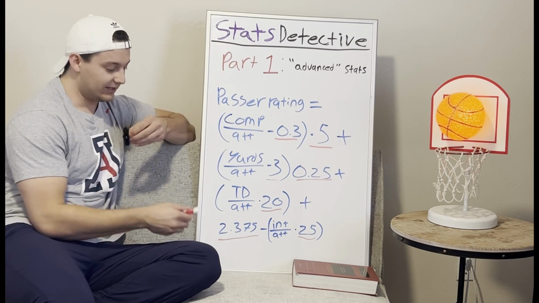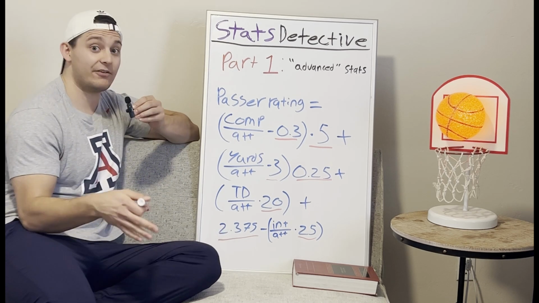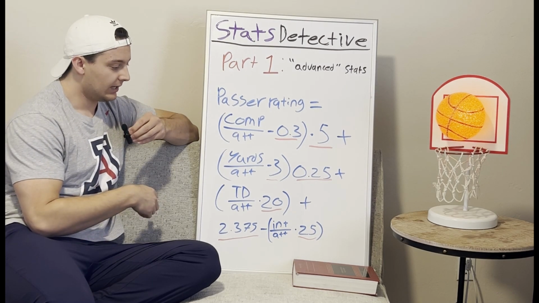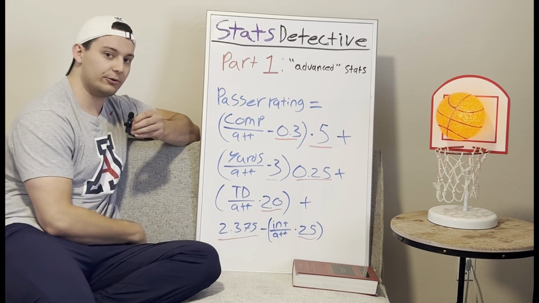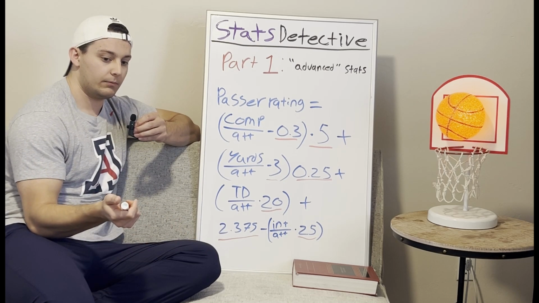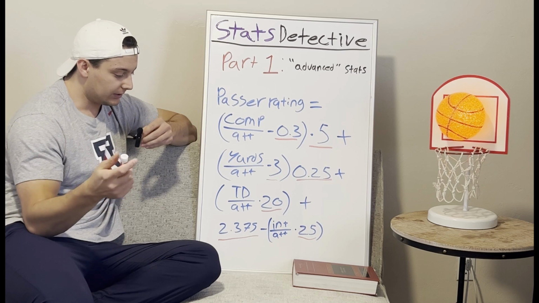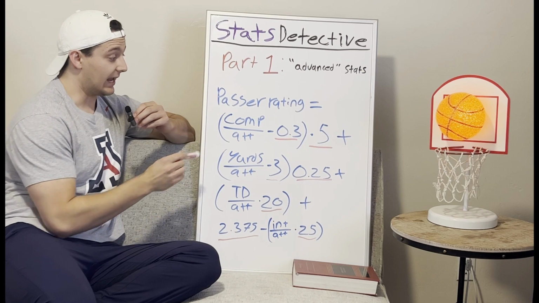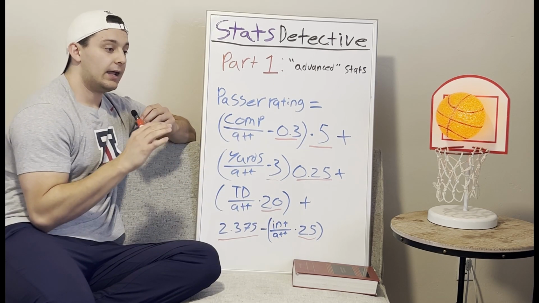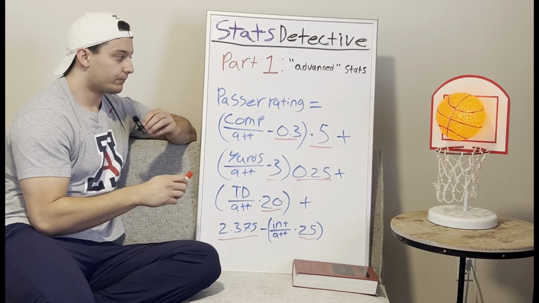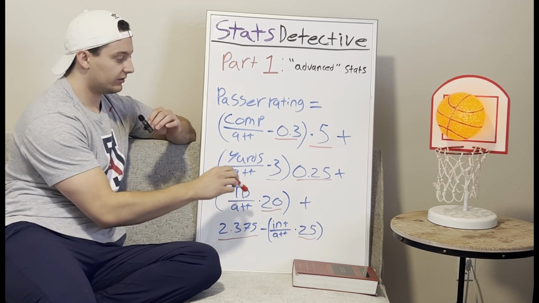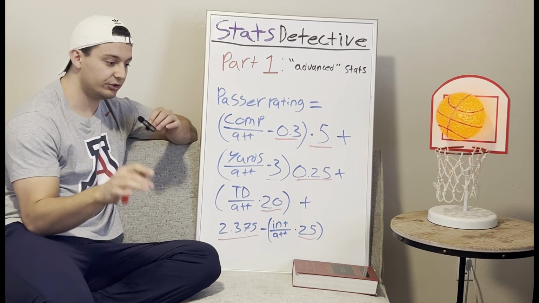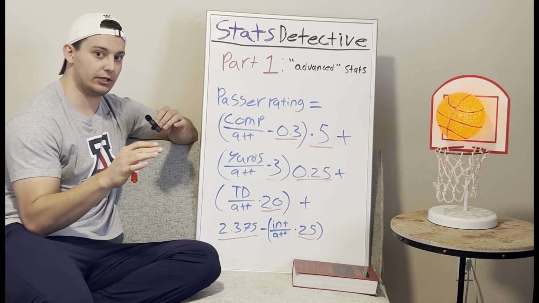Again, this is an arbitrary number. It may have been the number that it was worth at the time. It is no longer the case. And furthermore, why would you just arbitrarily weight something for no reason? I mean, there's a lot of problems with this, but what I do like about passer rating is that the formula is known and that it's consistent. So even for all of its flaws, I'd actually rather that these random numbers don't change, because as soon as you start changing them, then you can't compare passer rating over a year.